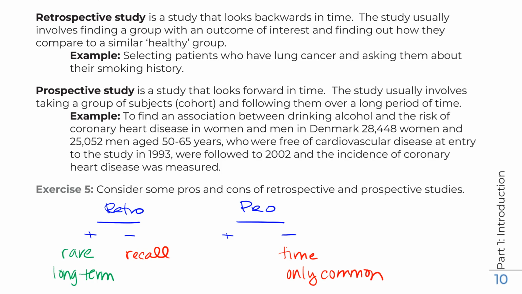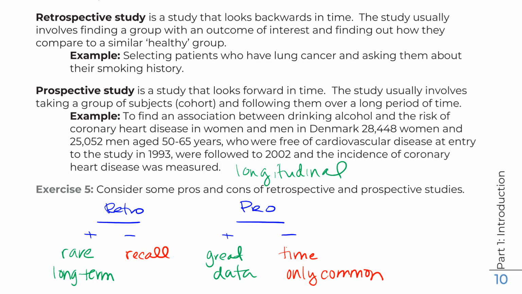So the positives of a prospective study, hopefully you recognize, we could get great data, right? If we know we're following people through time, we're going to be able to get whatever data we want. You'll sometimes see this called longitudinal. This is the type of study I worked on at